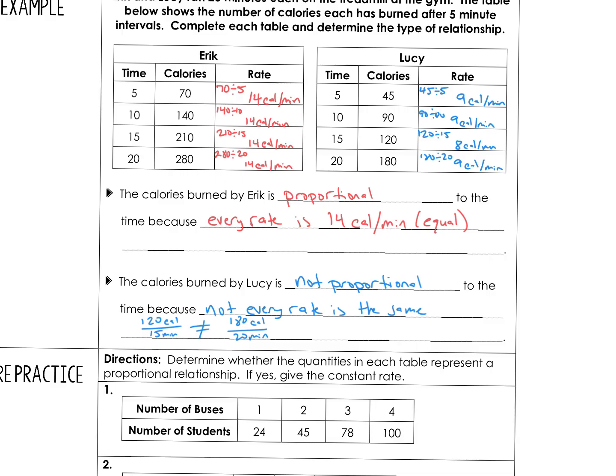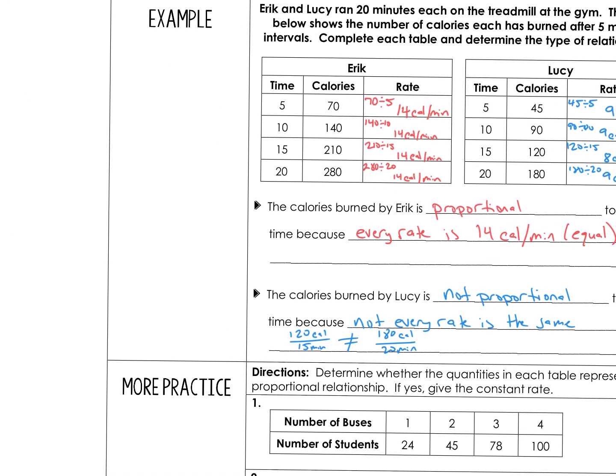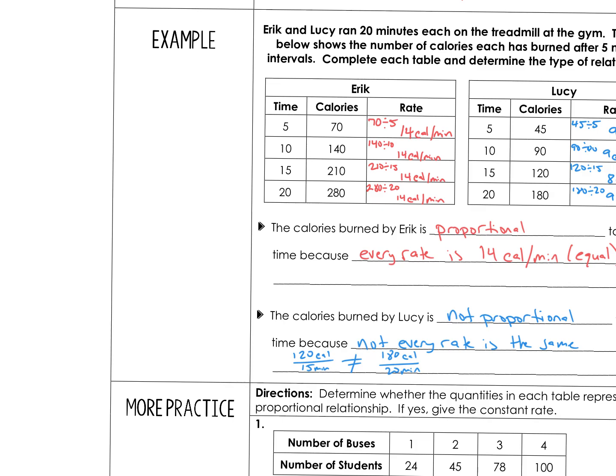So when we're looking at proportional versus non-proportional relationships, it has to be the same rate every single time within our table. Another thing I want to note is that if you were to graph this,